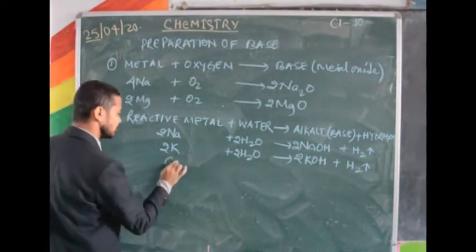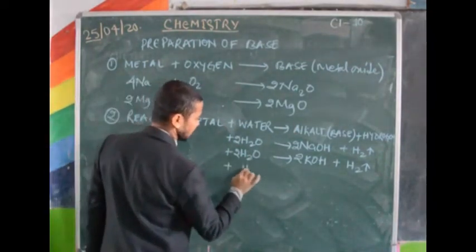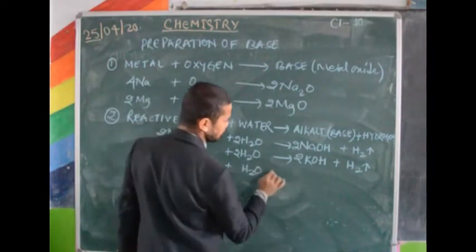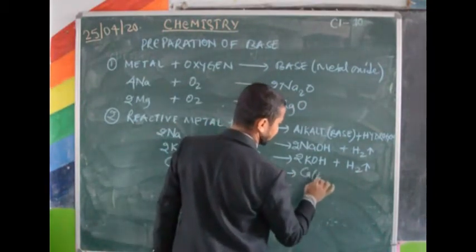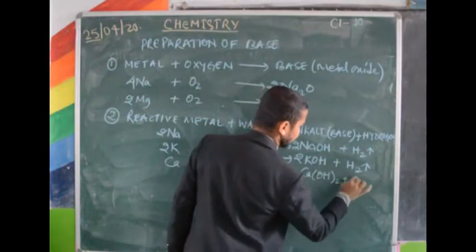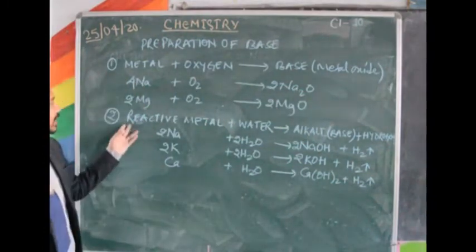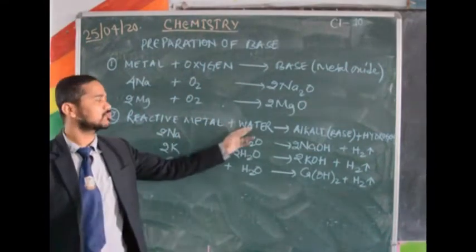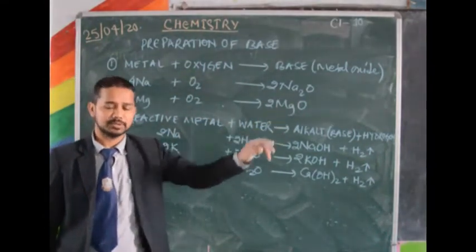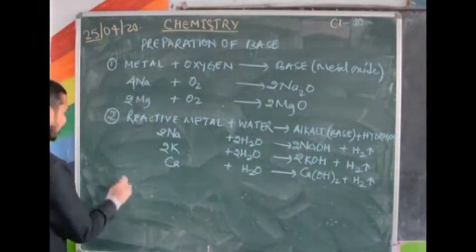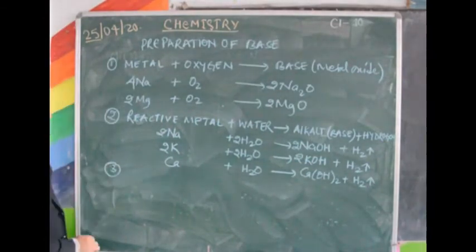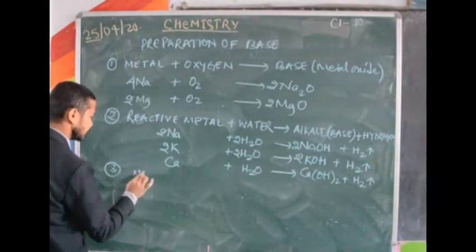Then calcium plus water. Calcium plus water gives calcium hydroxide plus hydrogen gas. So in this way, reactive metal reacts with water to give base plus hydrogen gas. Again, number 3, metal oxide